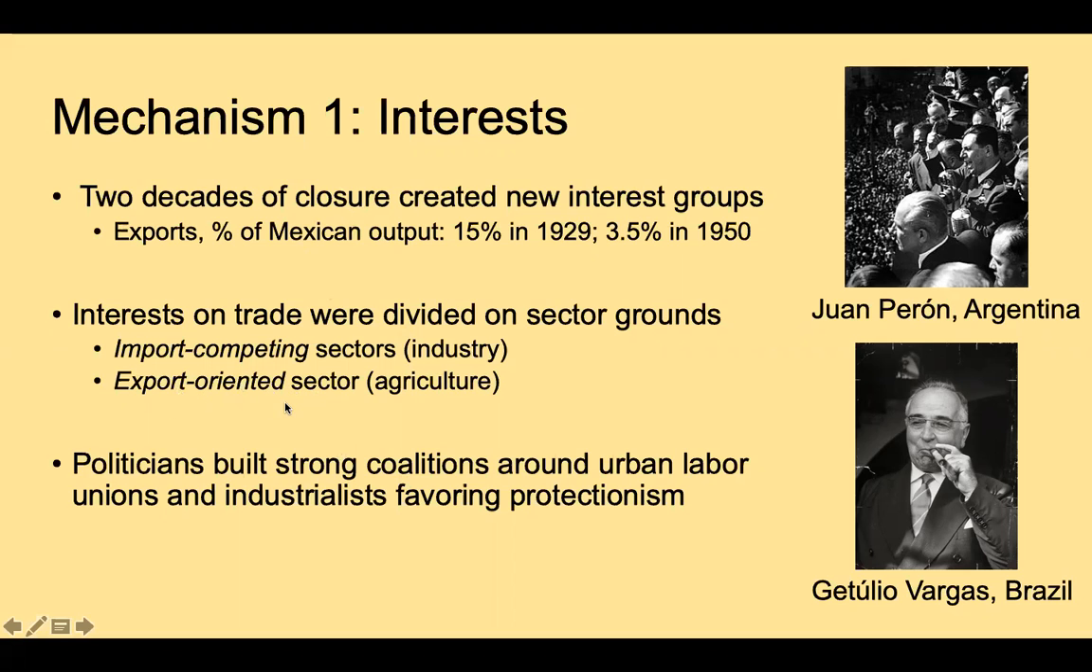Now, all the while, politicians took advantage of this situation by building strong coalitions around labor unions and industrialists who favored the protectionism. And so Juan Perón was a military colonel who was instrumental in using his post within the labor ministry to stimulate the creation of a new set of urban middle classes around new industries, and who opposed liberalism and who favored protectionism. Getulio Vargas in Brazil was also very well known for building strong coalitions around labor unions